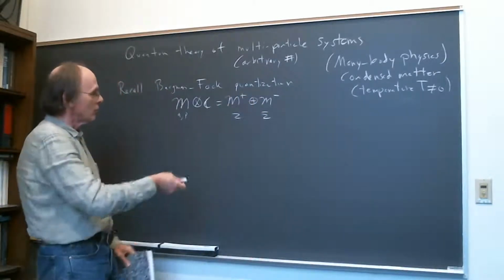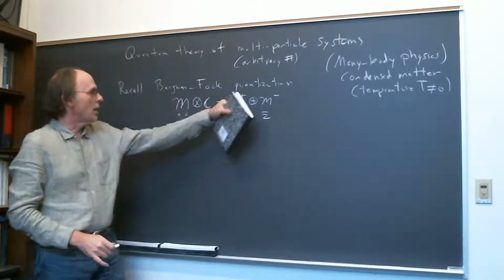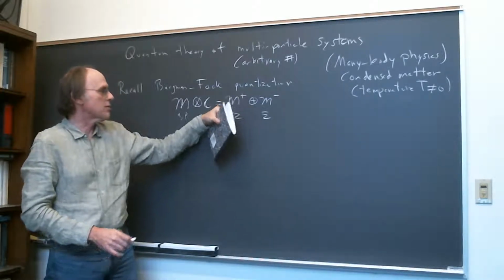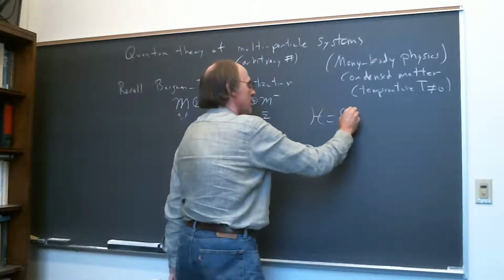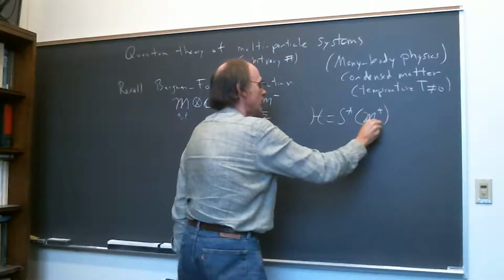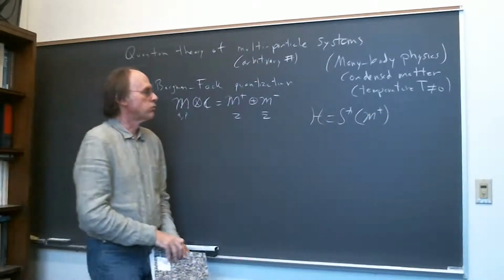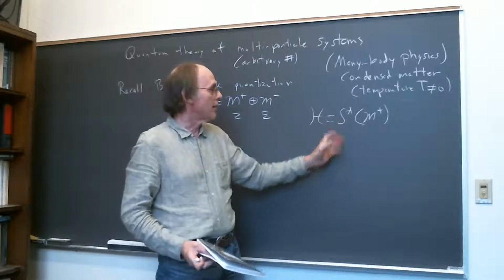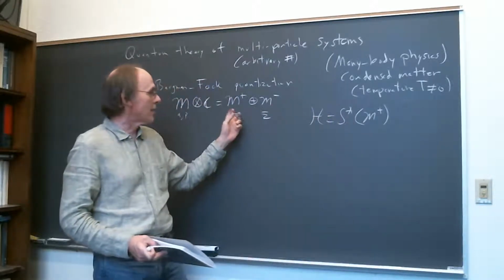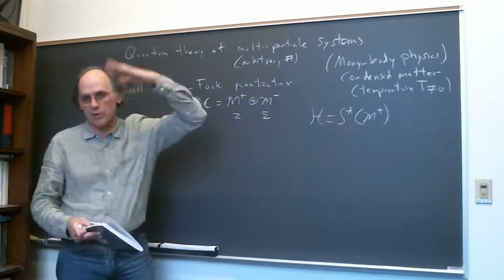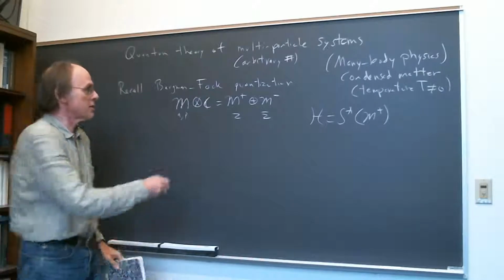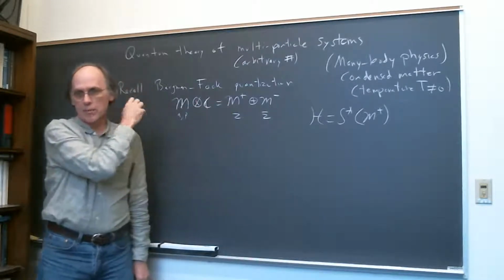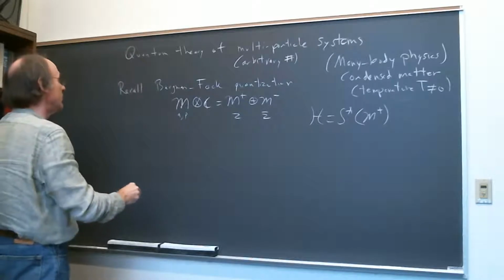So when you quantize it, this is going to act on the symmetric algebra on this, on, if you like, the polynomials on. Anyway, so H is going to be M plus. So it's going to be the states that you get by taking the vacuum state, and the one quantum states that you get by acting with one creation operator, the two quantum states you get by acting with two creation operators, etc. So this is just a harmonic oscillator story, but for an arbitrary number of dimensions. But here the new idea